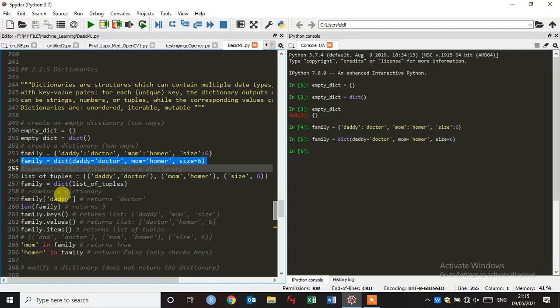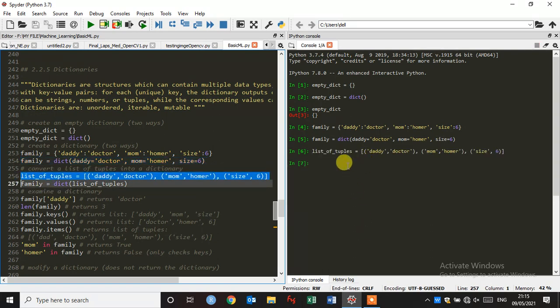Okay, and now how to convert a list of tuples into a dictionary. Here you can see the list of tuples. Select this, press command control enter to execute, and now check this.